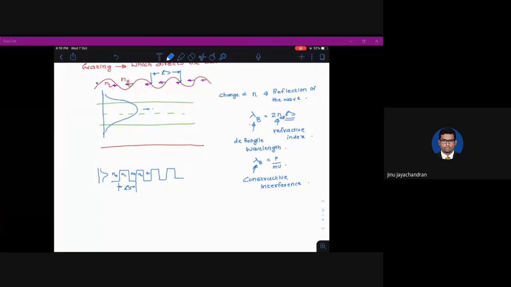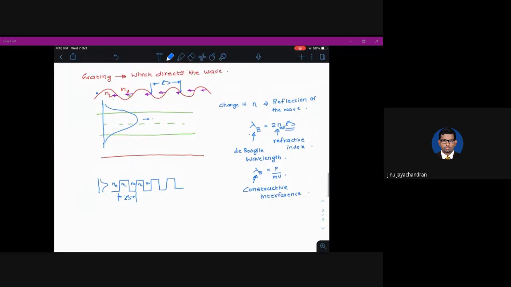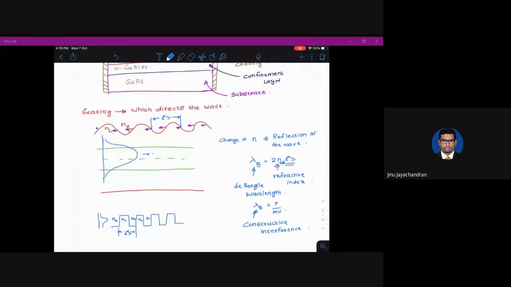So there are two different refractive indexes here, n high and n low, and the effective refractive index can be a value in between. For example, if n high is 3.6 and n low is 3.4, the effective refractive index is 3.5, something like an average. So only those waves with this lambda can sustain in this one. So you see that the reflection is actually the feedback, and the feedback is distributed along the corrugated grating.